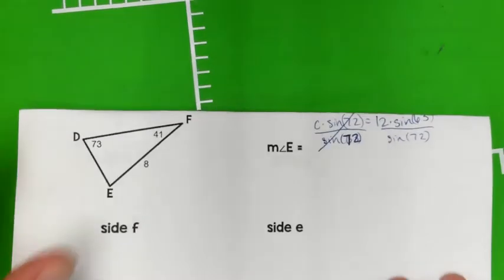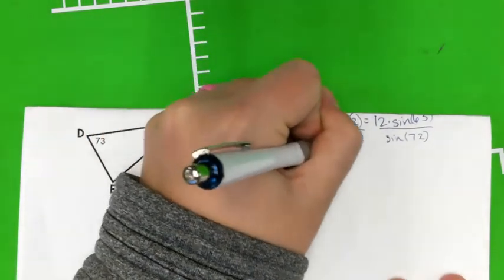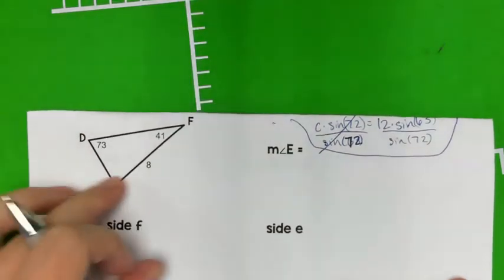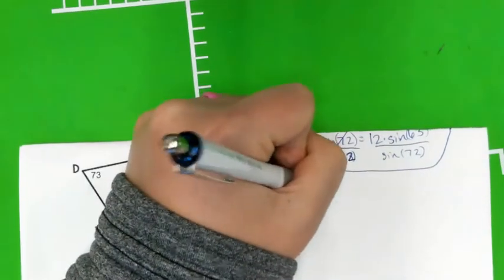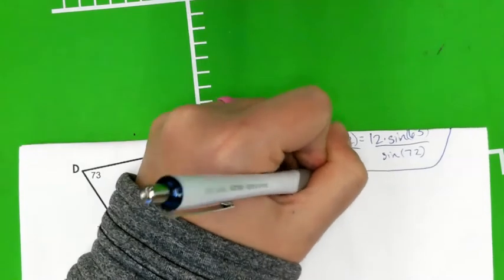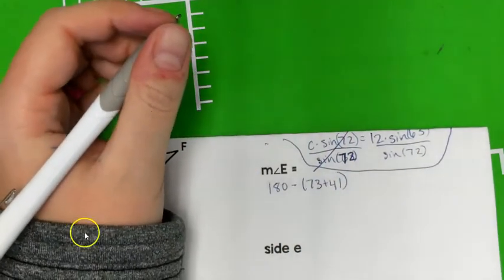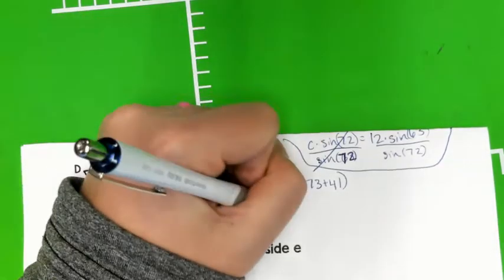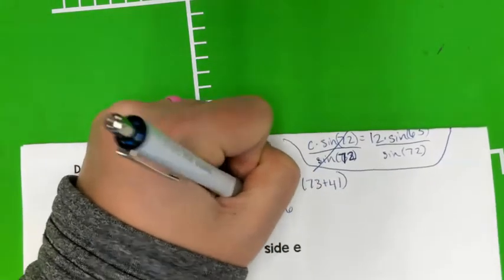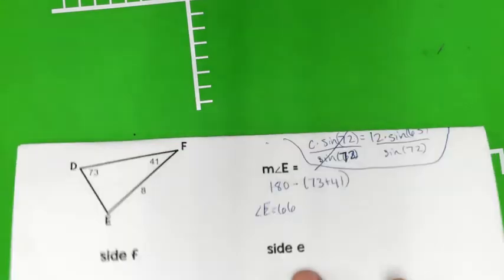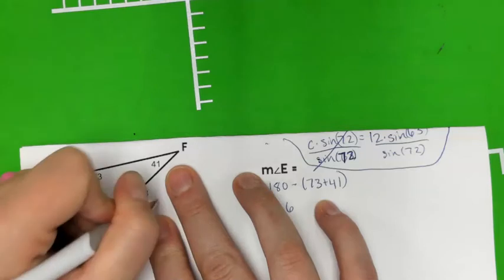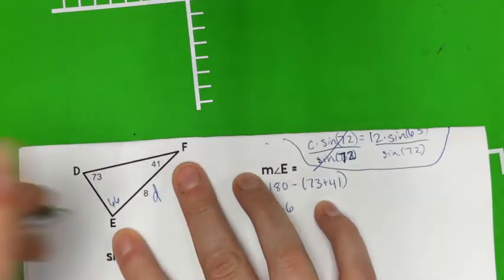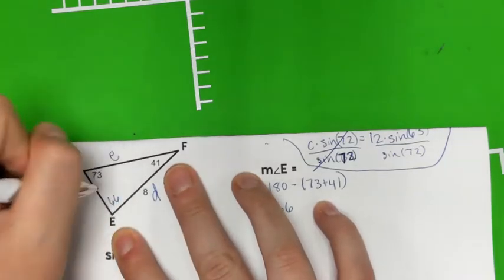Alright. So measure of angle E. Let's put a little line there. Measure of angle E. Alright, to find that, 180 minus the other two combined, so 73 plus 41. And then when we put that in the calculator, we will get 66 for the measure of angle E. And then we can label that. Then I'm going to label my sides. So this is lowercase d, across from E is lowercase e, across from F,